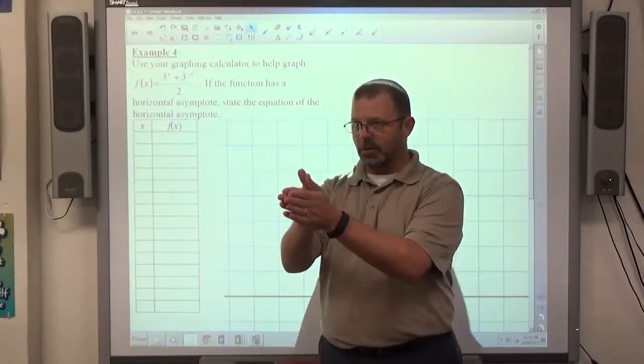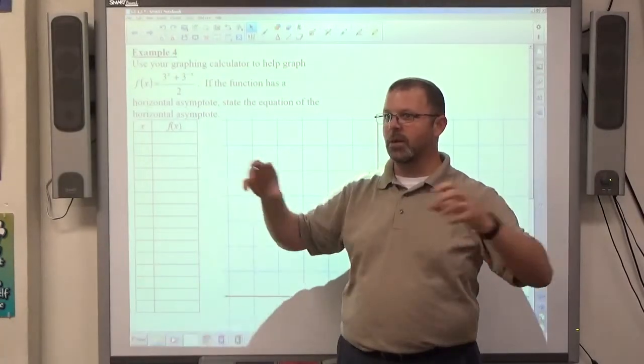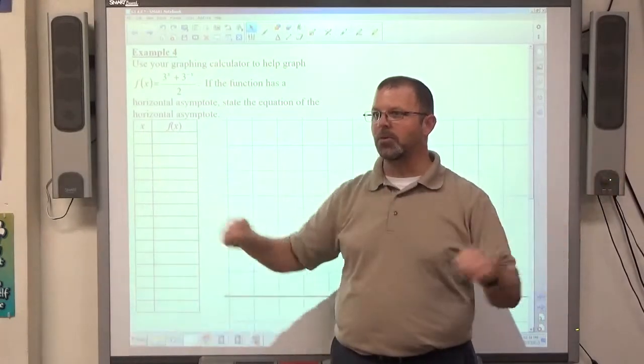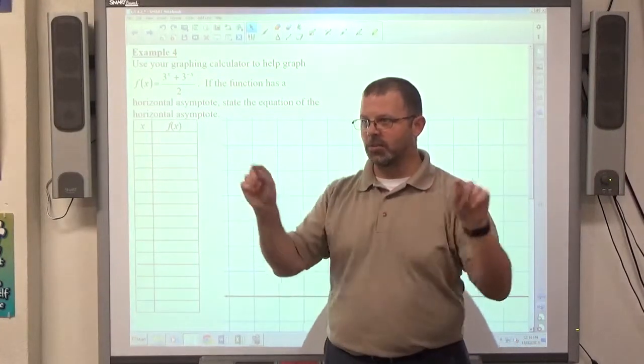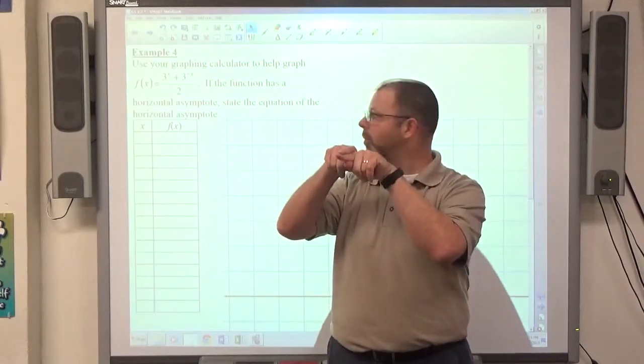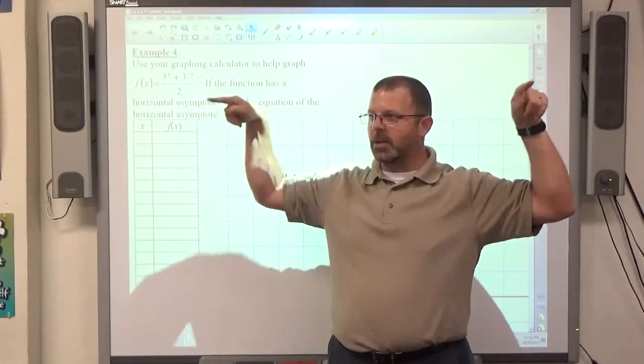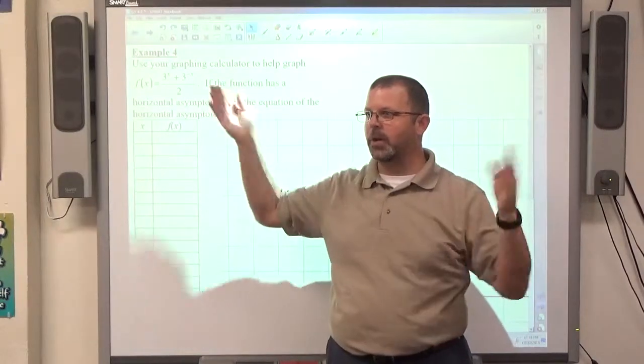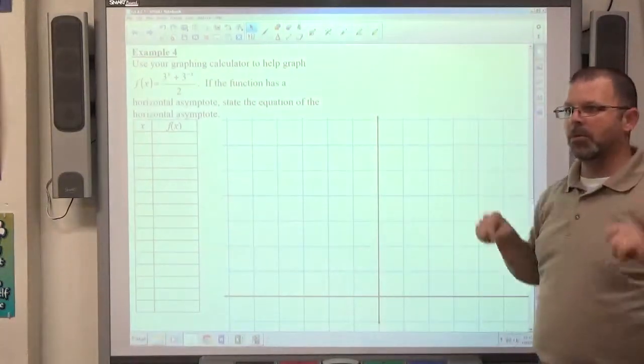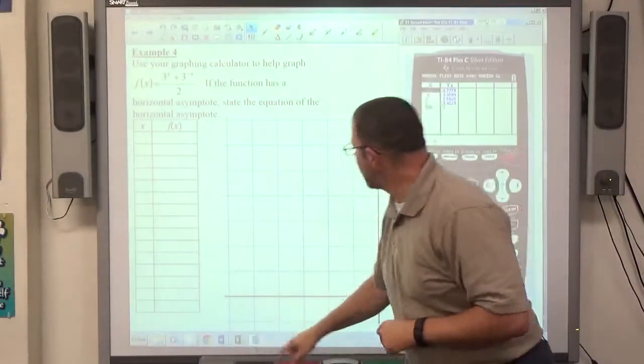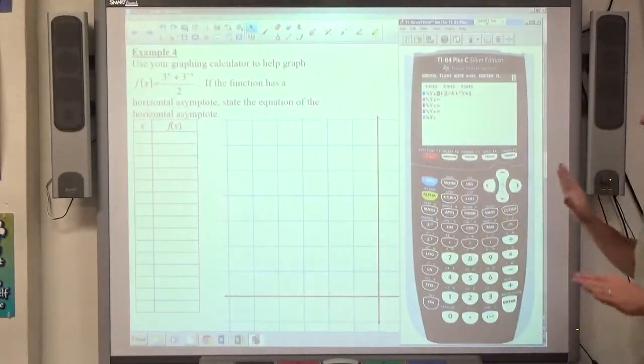So I'm thinking it's going to be centered around 0 and going in both directions. So I'm going to pick numbers near 0 going out in both directions, expecting that whatever it does, up or down, it's going to be the same in both directions. If I go to my calculator to type this in correctly, again, typing in correctly is key